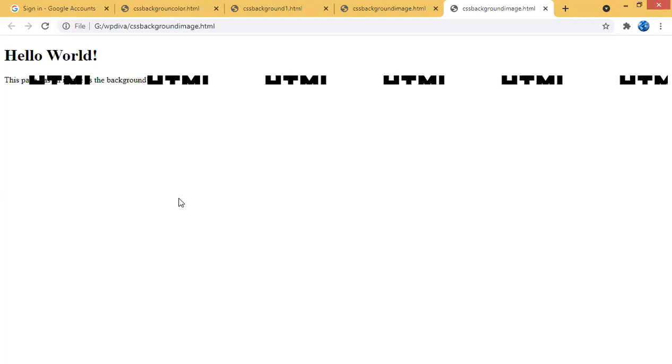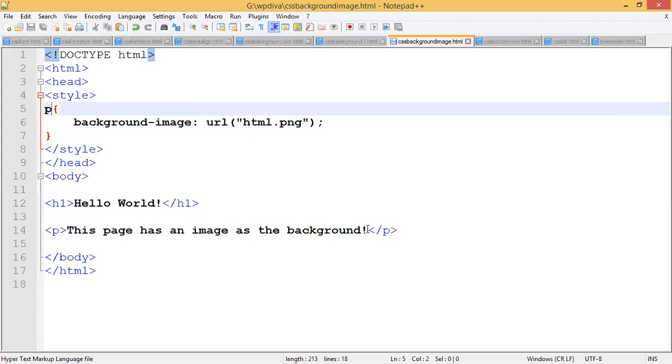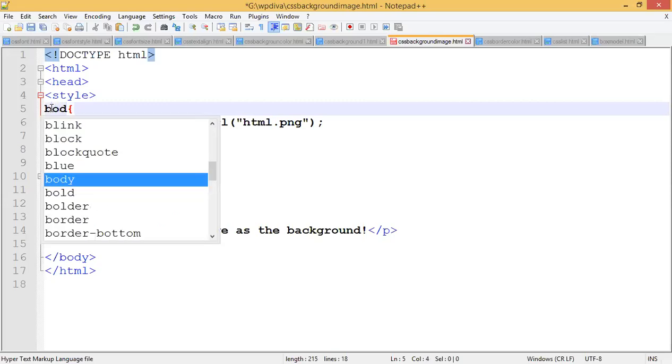The size is only, I think, 16 pixels. That is why the image is covered within the 16 pixels. If the content of the paragraph is more, what is going to happen? Definitely it will cover more portion of the image. So in this way, guys, you can add the background images.